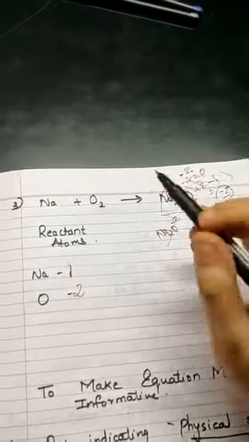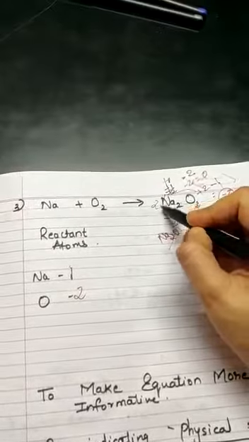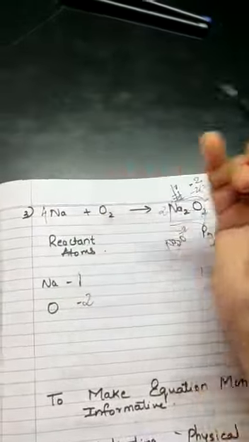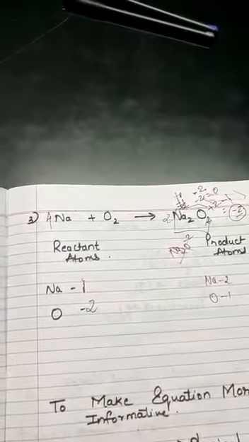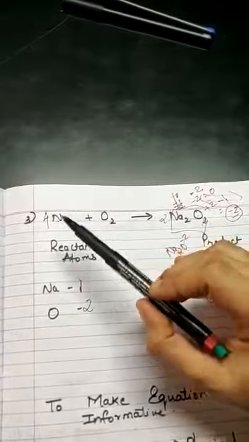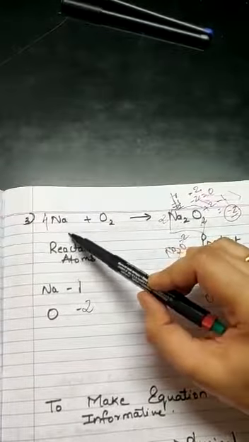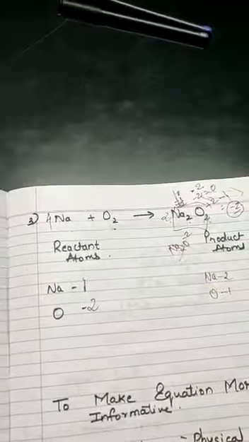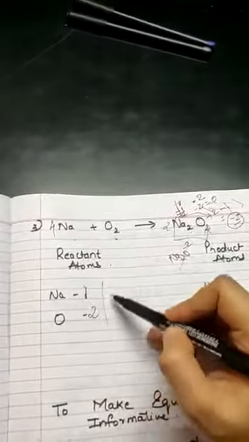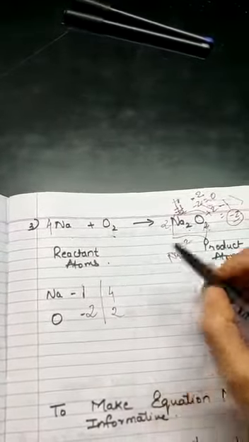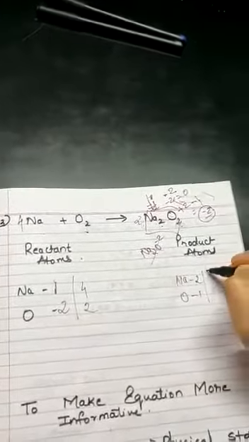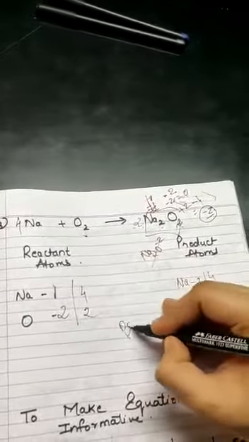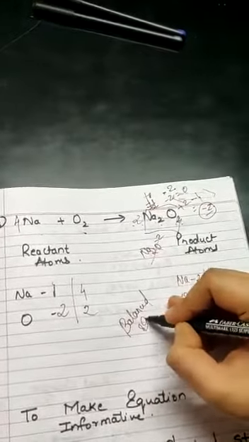So what we can do is, let's try doing the same factor, 2 over here. So here now we have 4 Na. So we need to balance here. Let's keep 4 Na over here. So it's like 4 Na plus O2. Here we have Na2O. So this is 4. This is 2, 2 2s are 4, and 2 into O is 2. So hence this is a balanced equation.